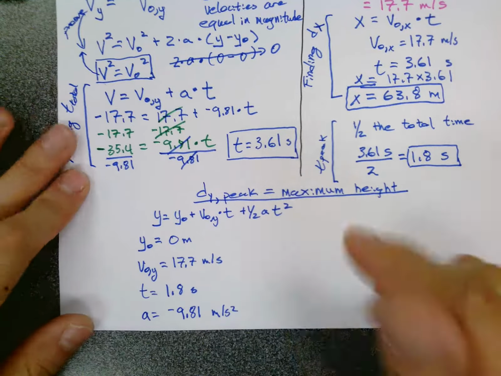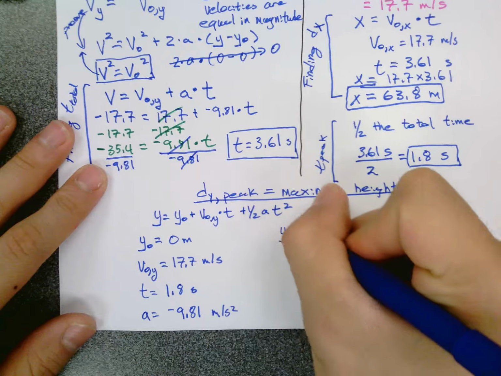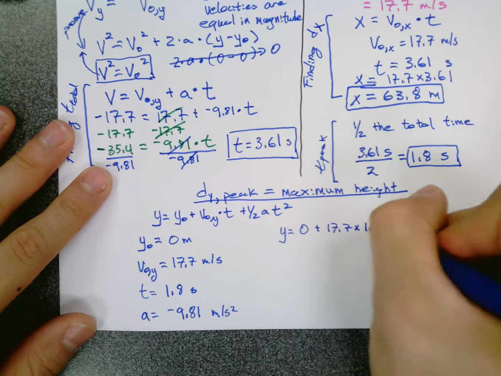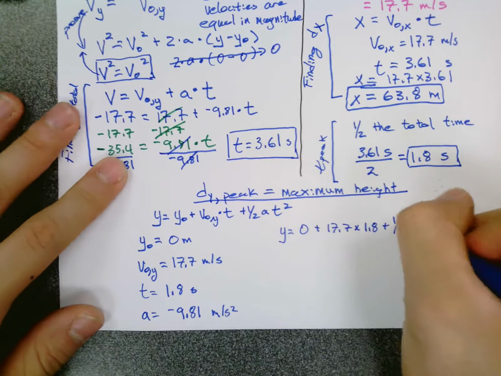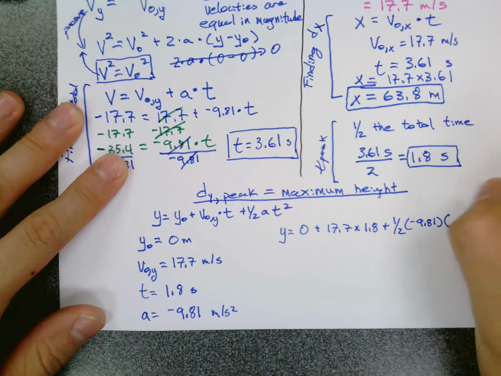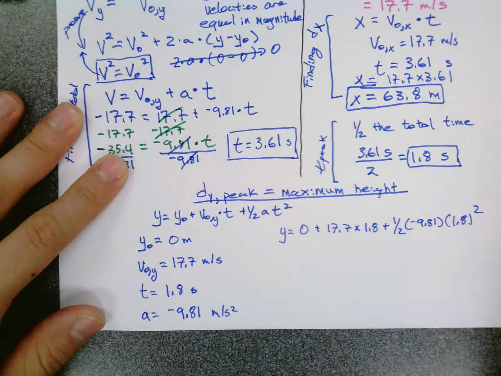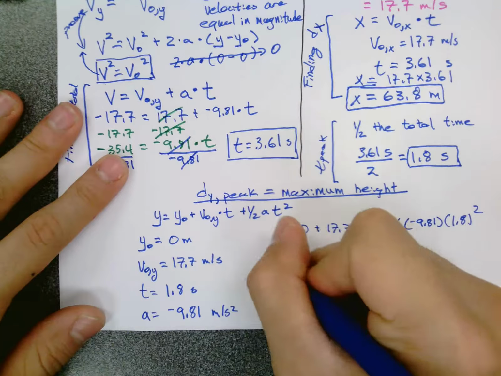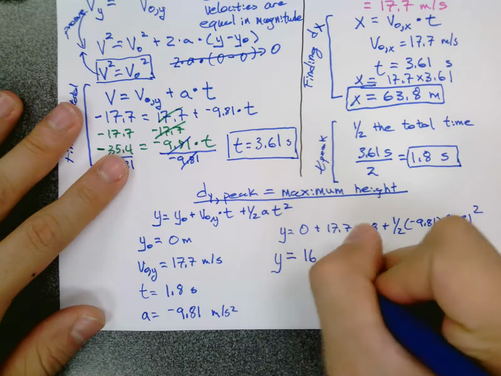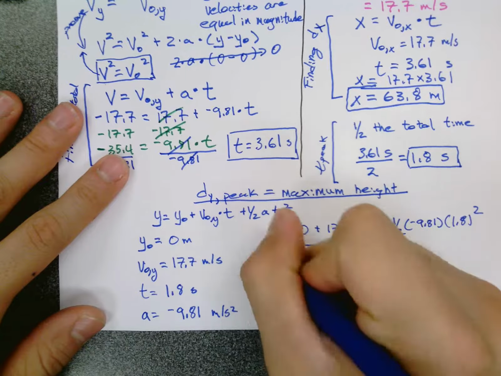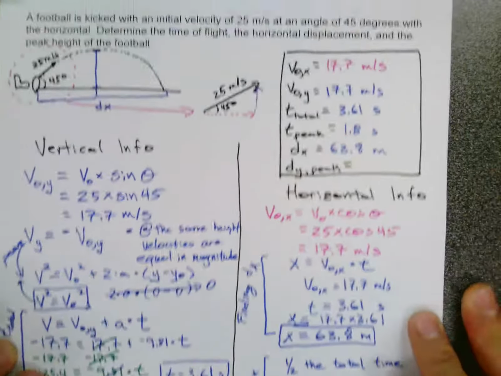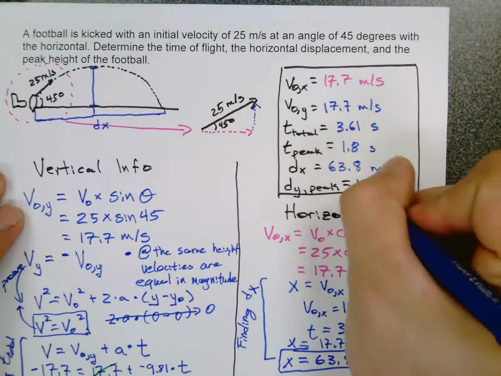If we plug everything in, we get y is equal to 0 plus 17.7 times 1.8 plus 1/2 times negative 9.81 times 1.8 squared. And if you plug that into your calculator, you should get a vertical height of about 16 meters. So we'll go back to the beginning. Our peak height is 16